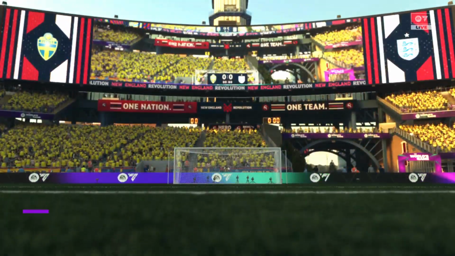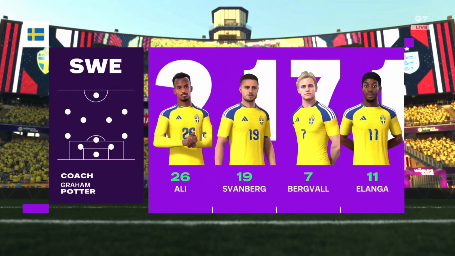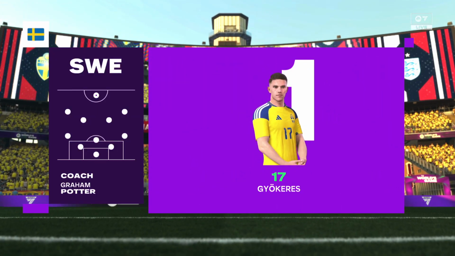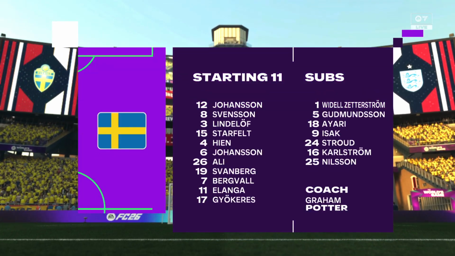Here's the starting 11 for Sweden. Well, it looks as though they're going to go with a 5-4-1. But the wing-backs will get forward when they can, and the two wide midfield players will join the striker, which would then make it a 3-4-3.